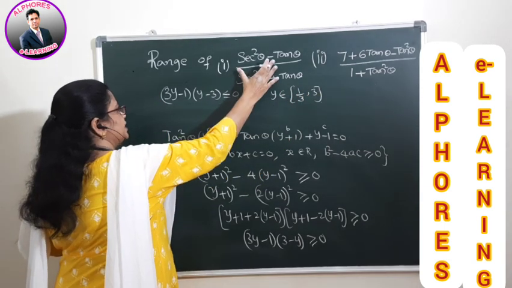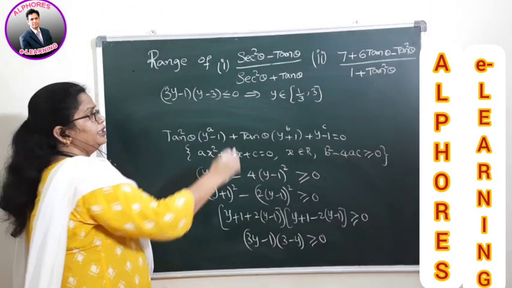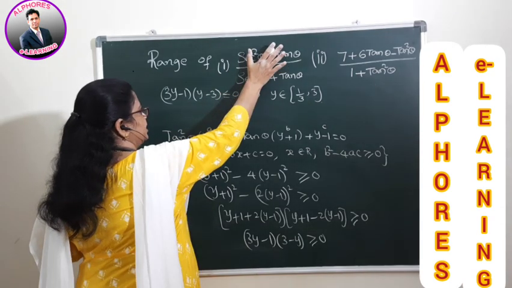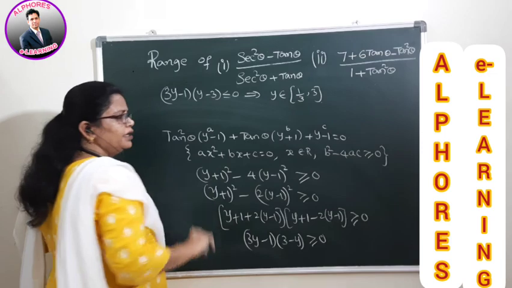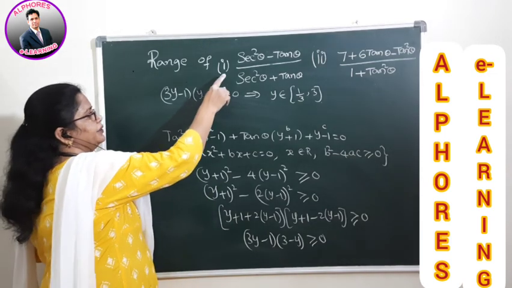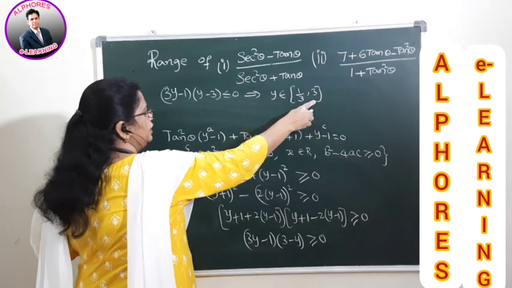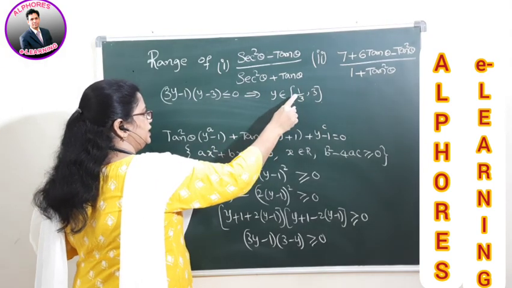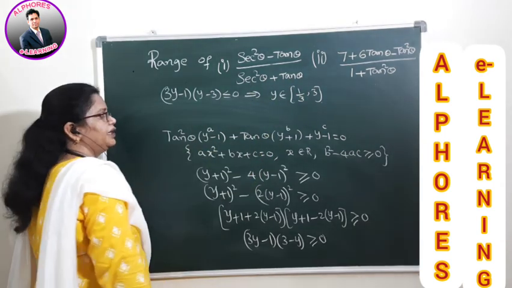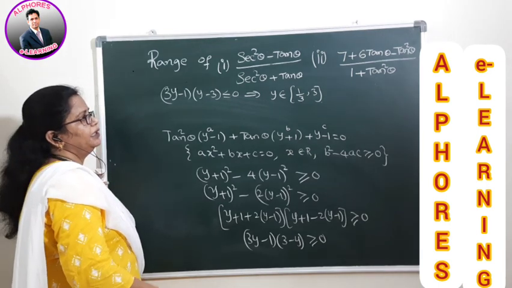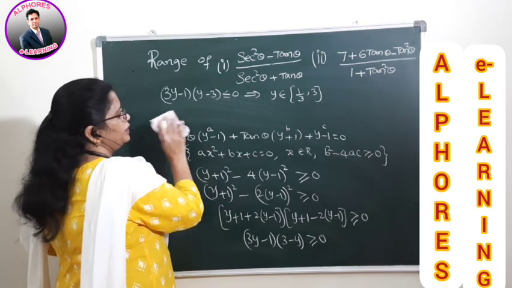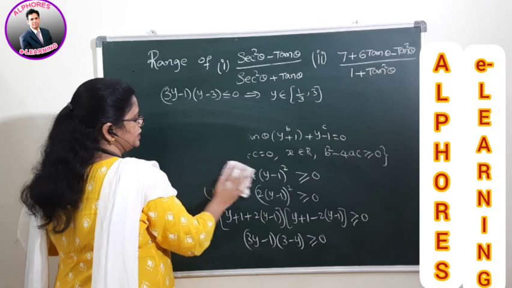That implies this is what we have taken as y. Therefore, this entire value is in between 1 by 3 and 3. Hence, what is the range of this function, students? 1 by 3 comma 3. Moreover, 1 by 3 is the minimum value and the maximum value is 3, right? And for the next one, the other problem, you can go ahead in the same process.